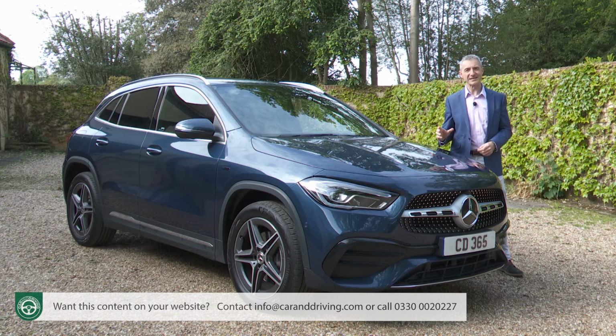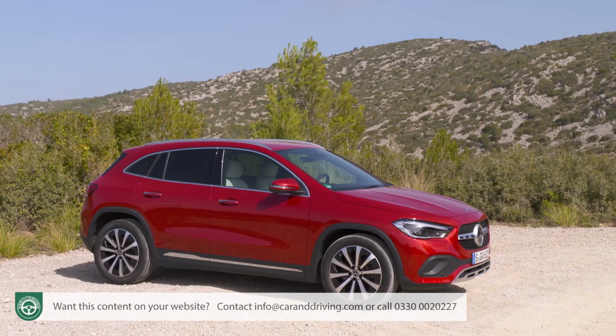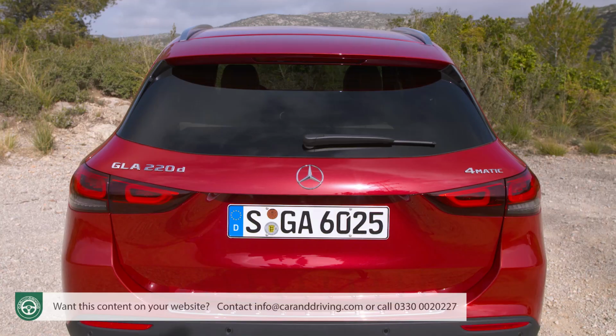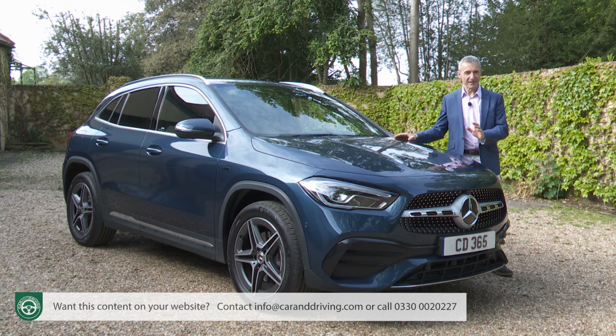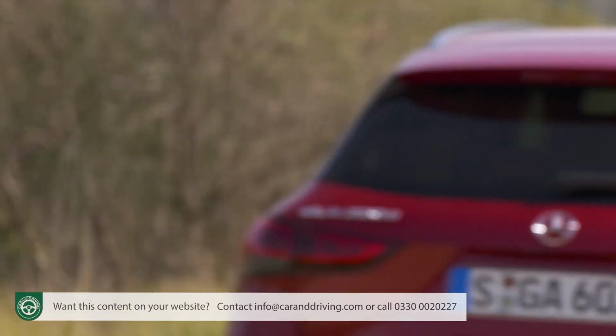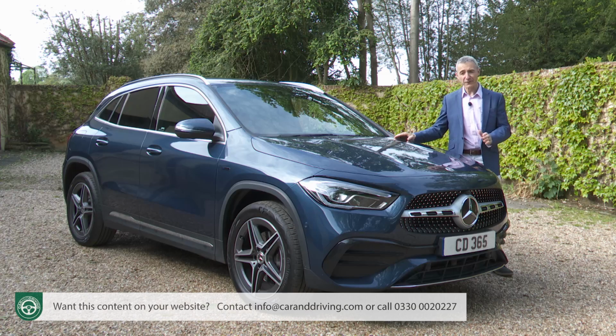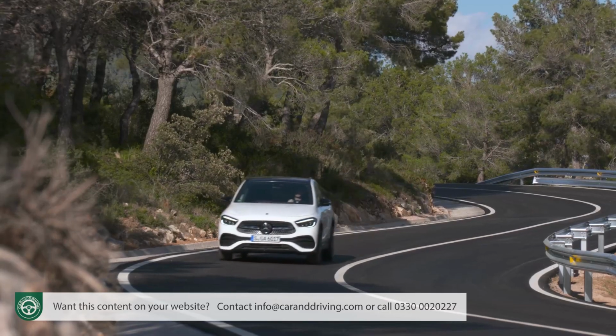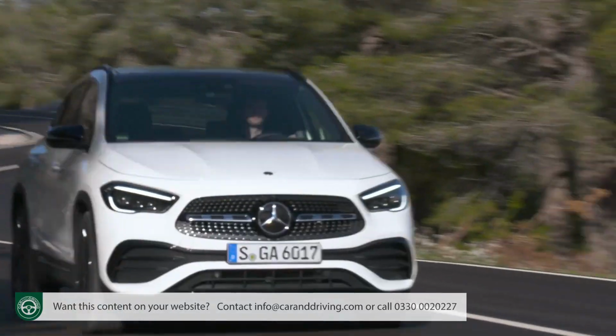Mercedes has priced this GLA 250e plug-in at around the same level as the top GLA diesel, the 190 horsepower GLA 220d, which costs around £39,000, but unlike this PHEV, has standard 4MATIC four-wheel drive. If you're comparing against a petrol model for this plug-in hybrid, you'd be looking at needing to find around £2,700 more than would be necessary for a comparably specified version of the fastest conventional petrol model, that is the 224